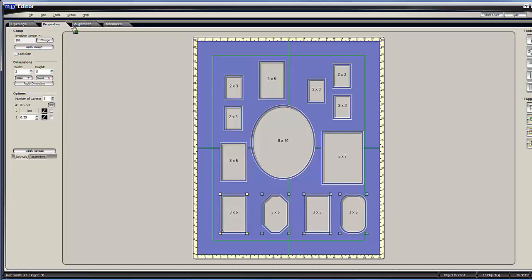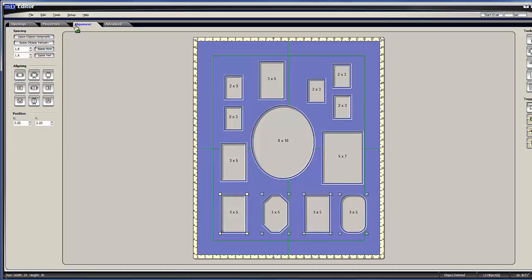with all four of them selected, go to your alignment tab at the top and use your align objects at bottom or align objects at top if that's what you want, or the align objects in the middle, which just makes sure they're all centered with regards to one another. Since they're all the same height, it doesn't matter which one of those you use. So they're where I want them vertically,